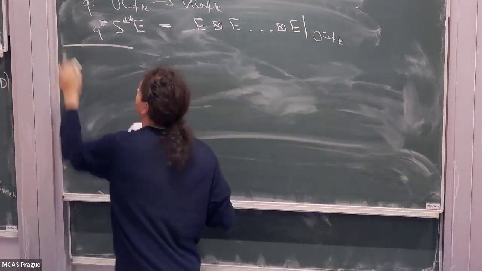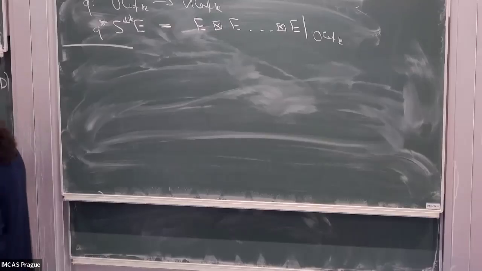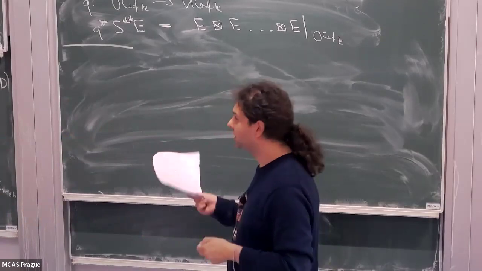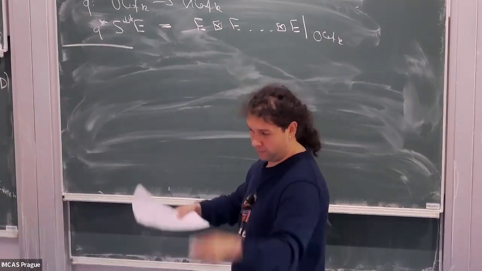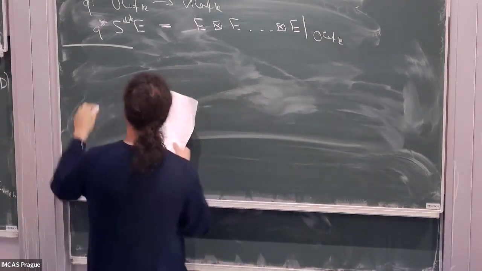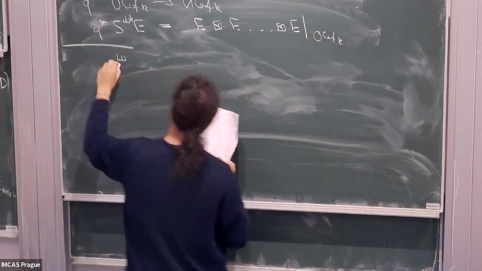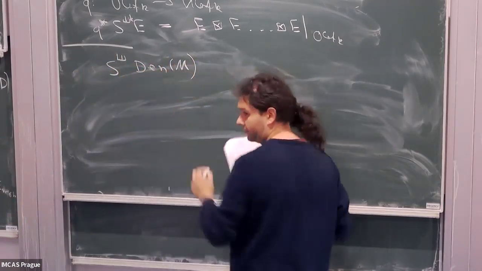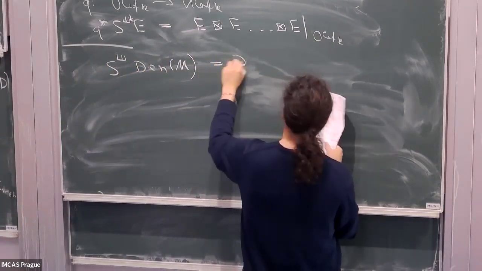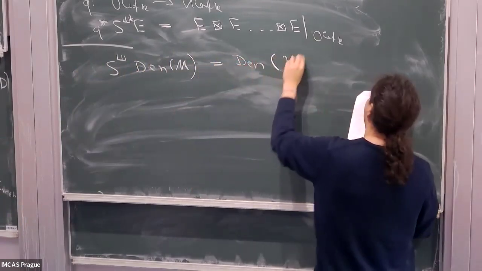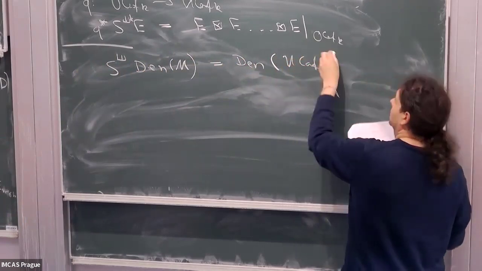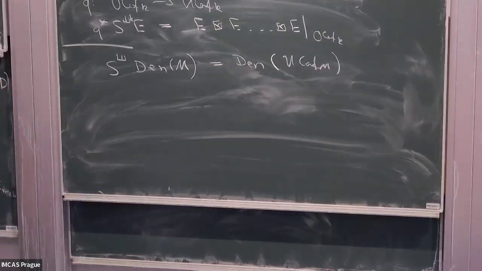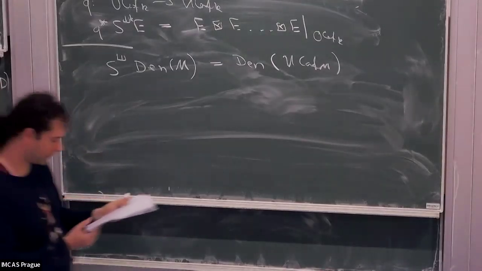Okay. So now we have a category in which we live. We know what symmetric algebras are. And now we can use as a first application, which is actually necessary for the field theoretic applications later: if we take the symmetric powers of the densities on M, we get exactly the densities on Uconf M. So basically this symmetric shuffle construction which we did is compatible with integration, and this is something we'll need in a second.